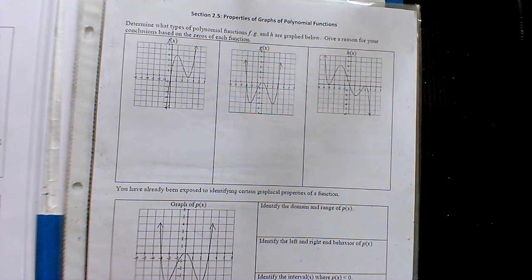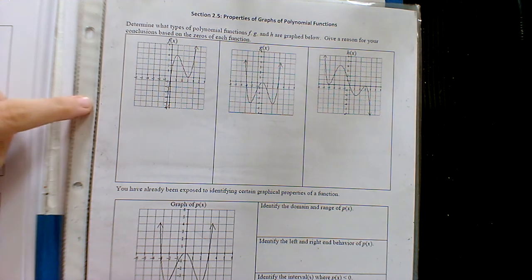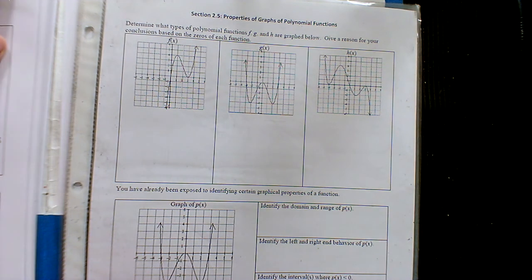All right, in this section, we're going to take a look at two more graphical characteristics. We've been talking about a lot so far: domain and range, increasing, decreasing, above x-axis, below x-axis. Have we done other ones? Those are the main ones so far. Okay, we're going to continue to add to the list. We've done x-intercepts and multiplicities. We're going to review those a little bit on this first page,